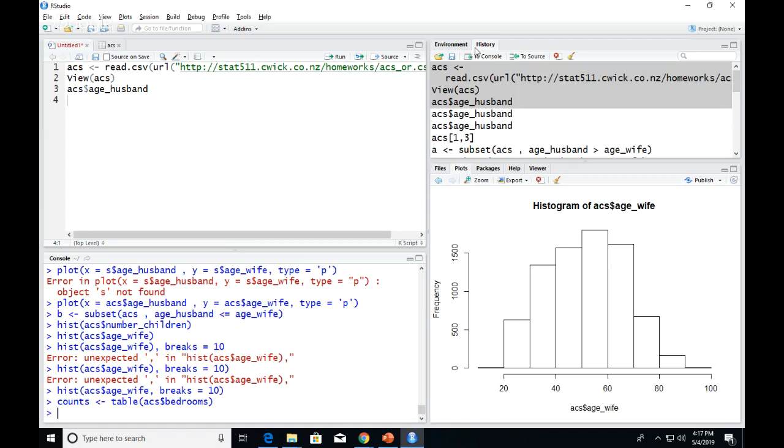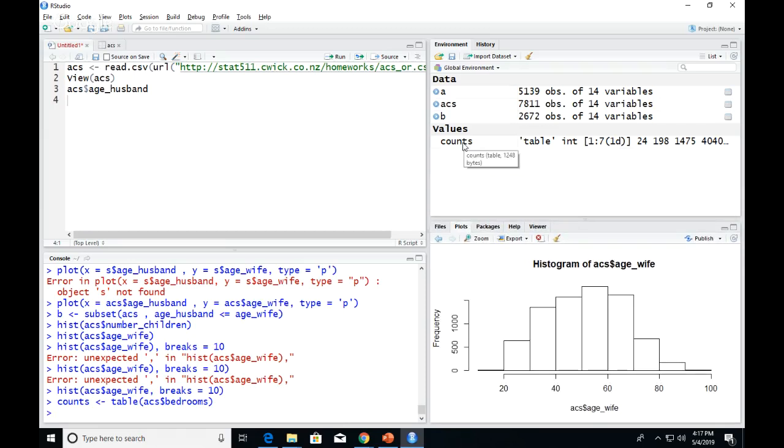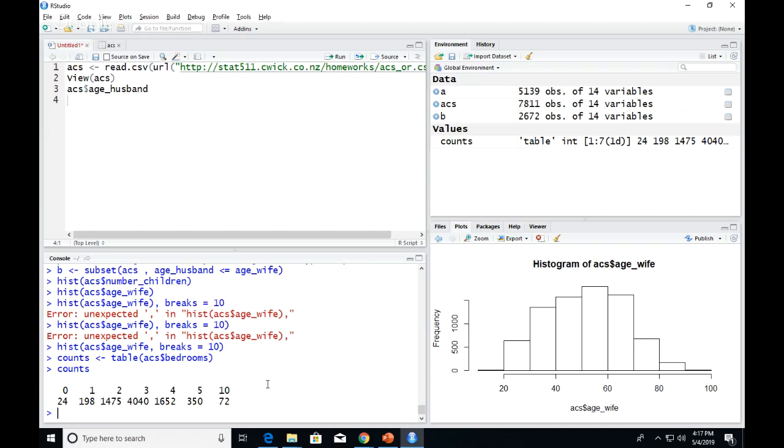All right, so counts came up, it's in my environment. It comes up as a value because it's not a data set. So things that are not data sets show up under here, and things that are data sets show up under the word data. If I were to just type the word counts, it'll do a dump of its contents. So I don't have to say print counts, I can just say counts and it shows. And this is the number of bedrooms. So this is the number of households that have no bedroom, 1 bedroom, 2 bedroom, and some house has